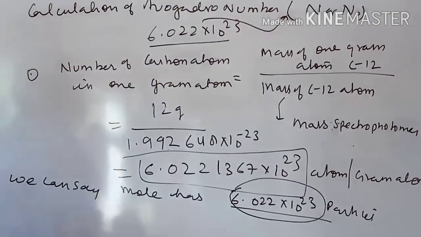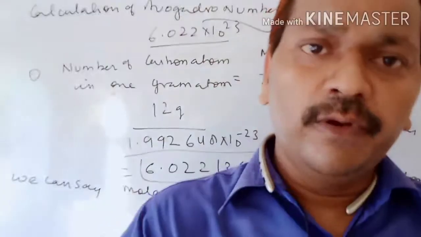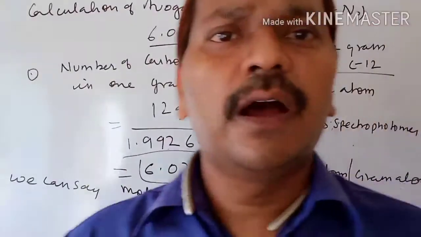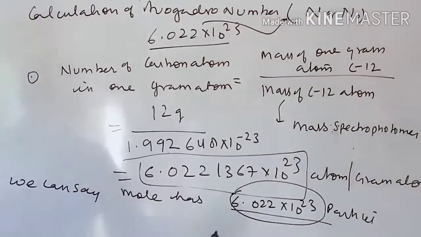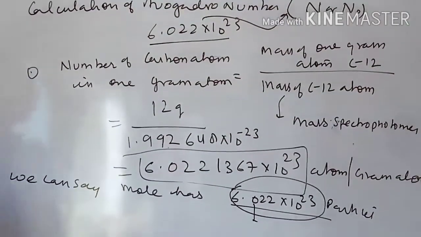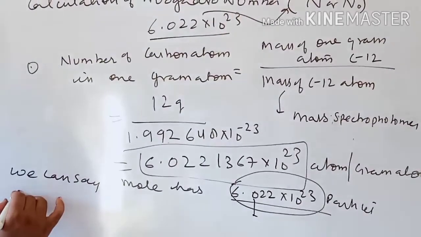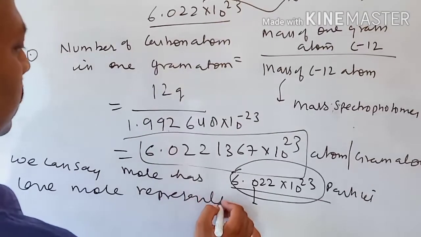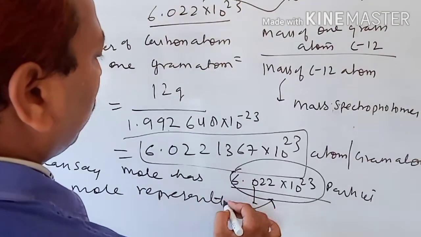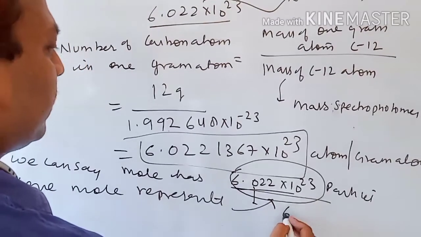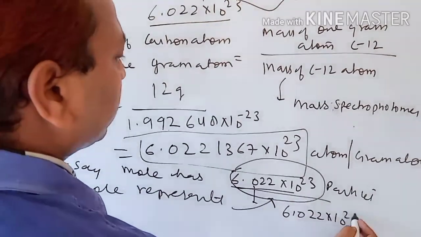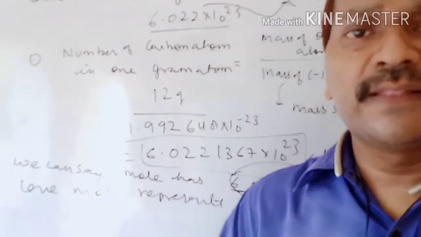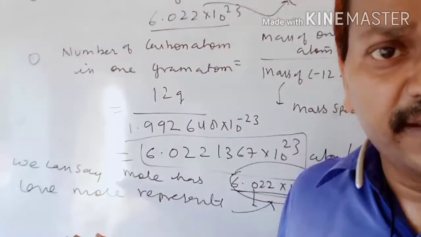Now for simplicity, its value is equal to the Avogadro constant. So this value is equal to the Avogadro number value. Now next point. So children, 1 mole represents the Avogadro number, that is our 6.022 into 10 to the power 23 particles. So children, this is a definite number of particles. This is a very simple method of calculation, and this is how the number has come.